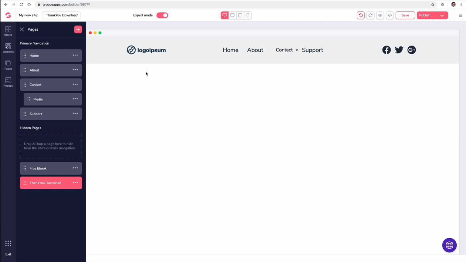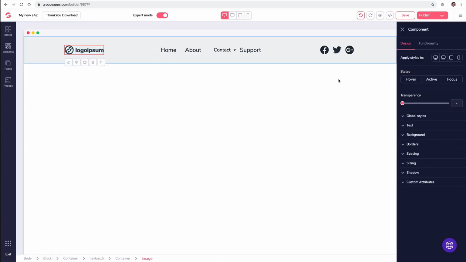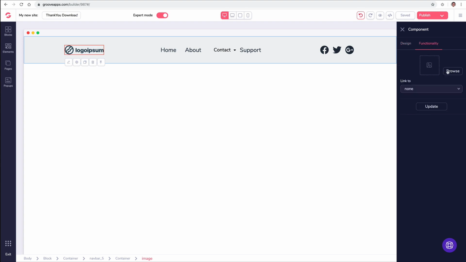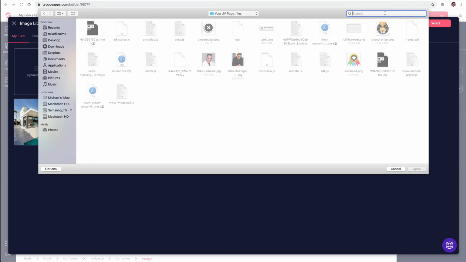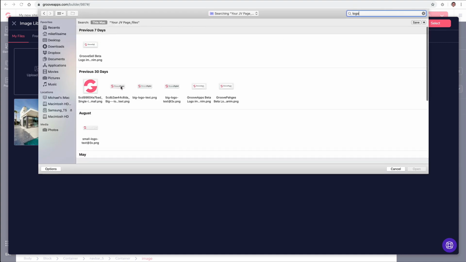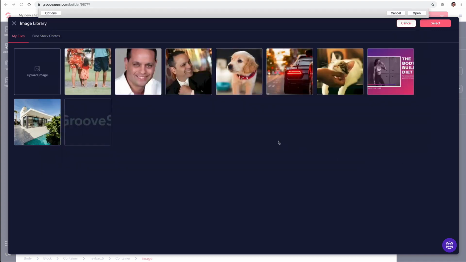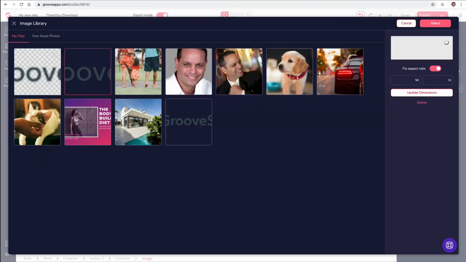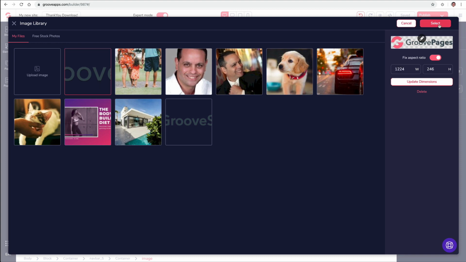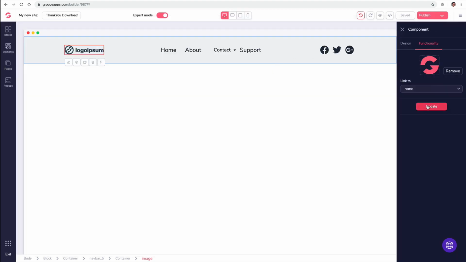Now, the other thing you're noticing is I have the logo here. So what I'm going to do is I'm going to click over to here. It opens up my style editor. Okay, I'm going to click on functionality. I'm going to click browse, and I'm going to look on my hard drive for a logo. And I'm just going to pull this GroovePages logo here and just open that up. We're going to load that into my library here. And I'm just going to click select, and I'm going to click update,